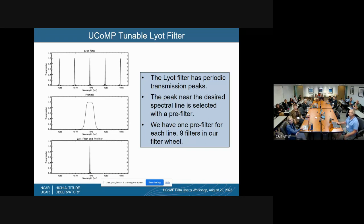So that's what forced us to go to lithium niobate. Lithium niobate is a little more temperature sensitive than calcite, and that's why we've taken great care to stabilize the temperature of the filter, to stabilize the enclosure, that back end of the instrument as well. So we have 2 levels of temperature control, and then we have also temperature compensation by measuring the temperatures, changing the voltages on the